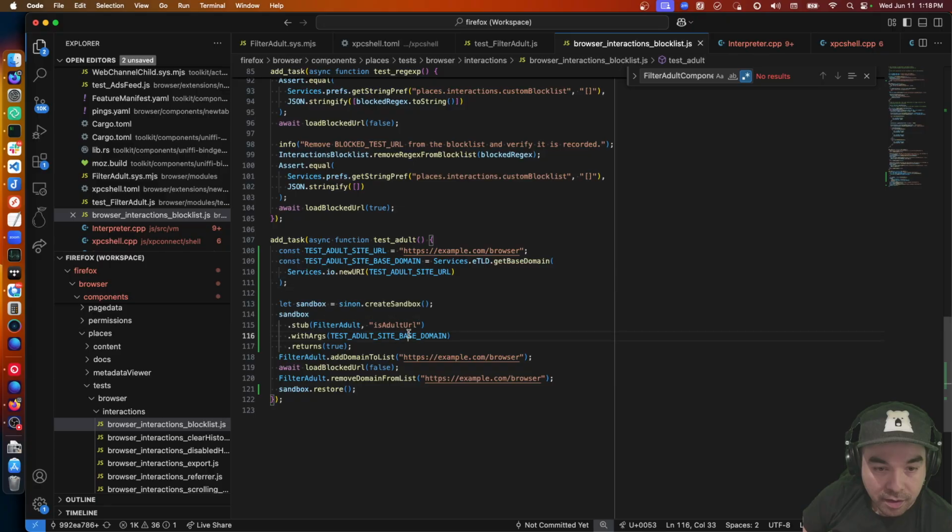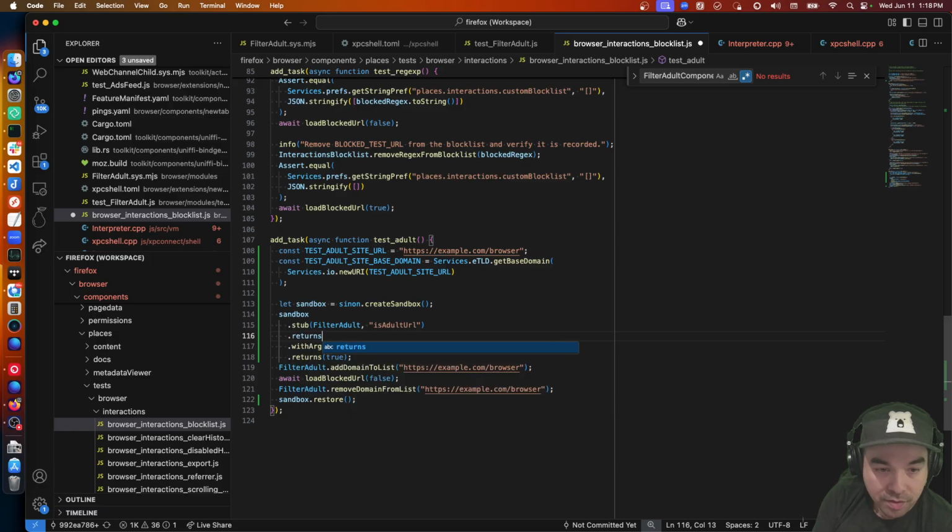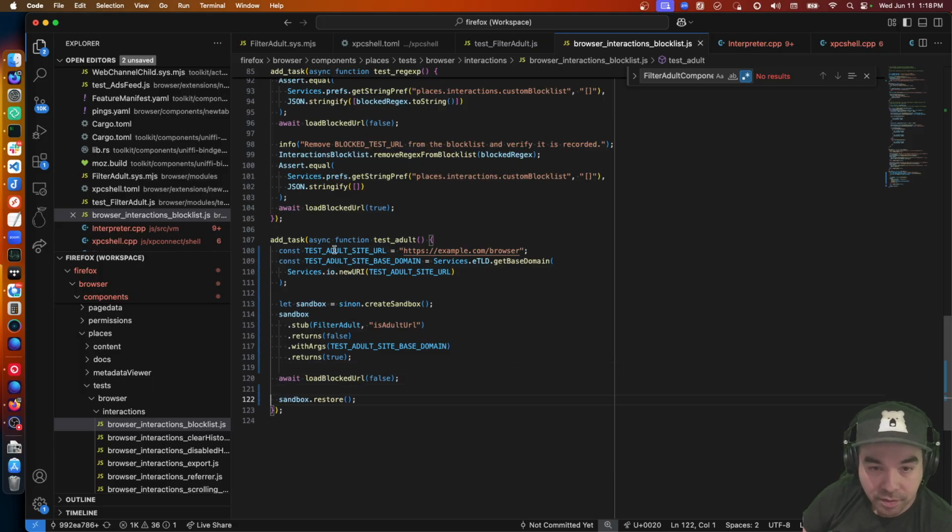And then returns, we'll also say that this returns false, but with args test adult site base domain returns true. And then we'll load, and then we'll do that.